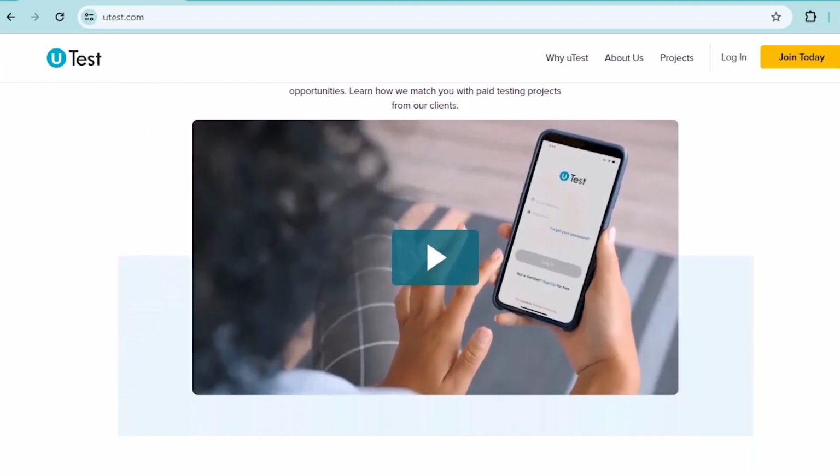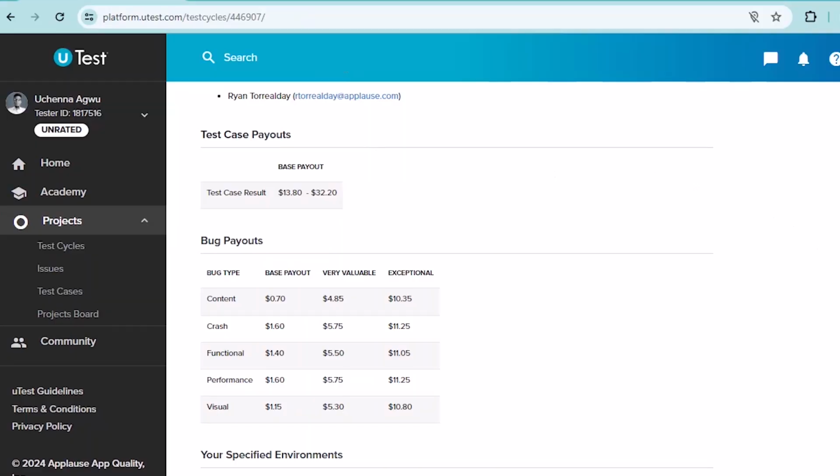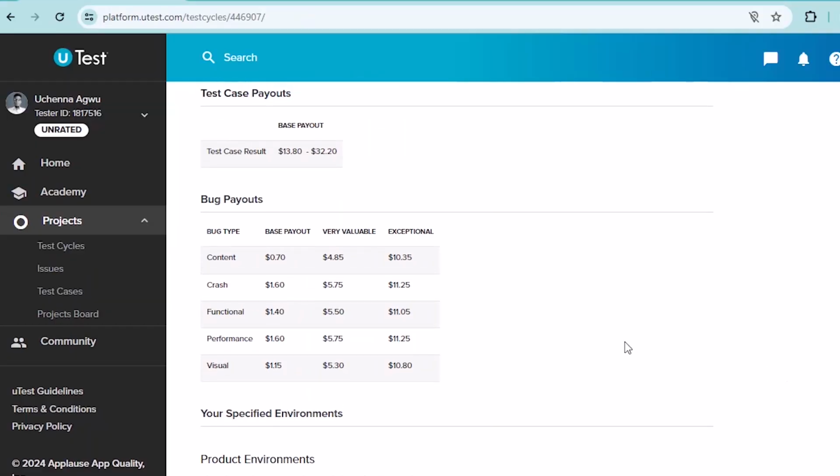I personally love uTest because of its user-friendly interface, reliable payment system, and wide range of educational materials. On average, you can make around $12 per hour, and you're paid based on the type of test that you perform. The various types of tests you can perform on uTest include: